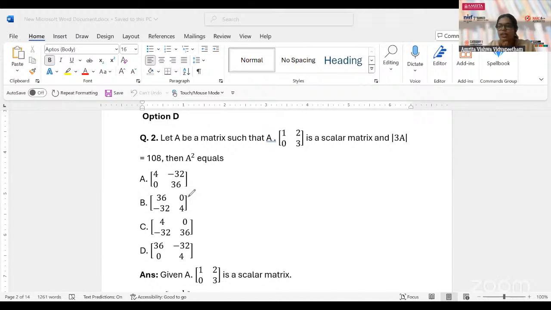So just requesting all the children to start doing this. And if you have the answer, just type that option in the chat box. Okay, Manjula, you have typed something twice, something like -2, -1, and 12. I'm not able to understand what it is. If there is anything you want to convey, requesting you to type it clearly so that I will get a better idea.